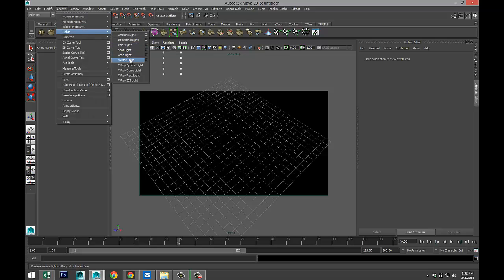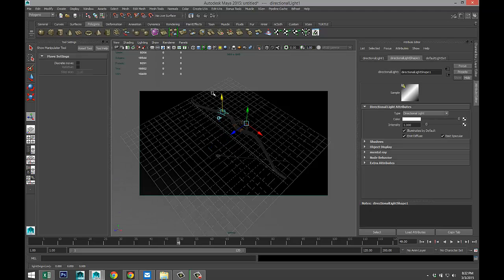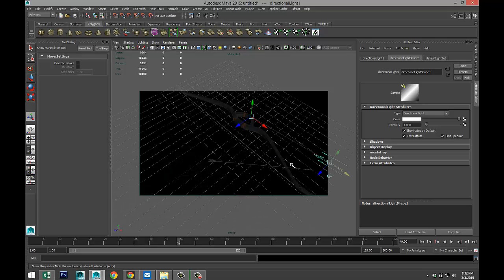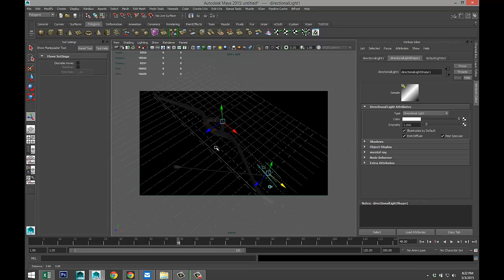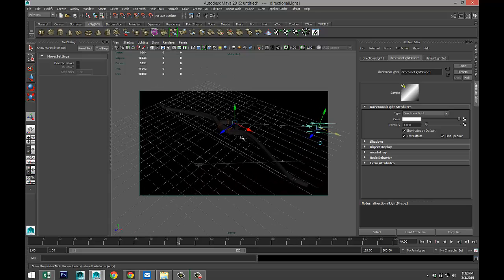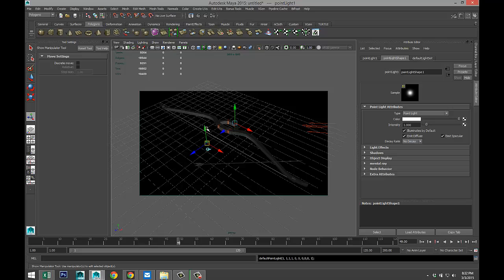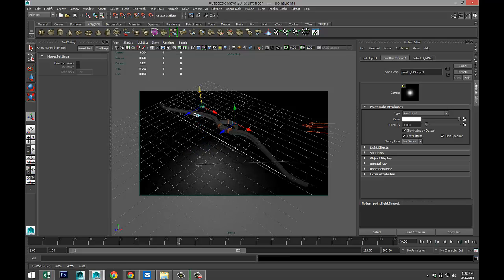Let's do a directional light. Bring that up. Pull that out. That's kind of a good angle for our light. It's not going to be enough light though. So we'll create light. Let's do an additional point light. Let's bring that guy way over here.